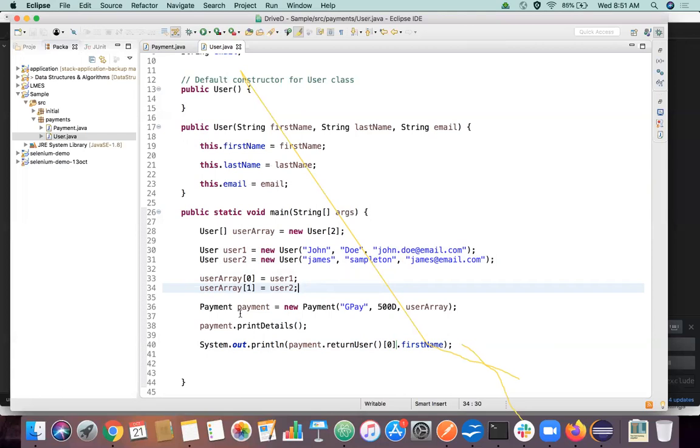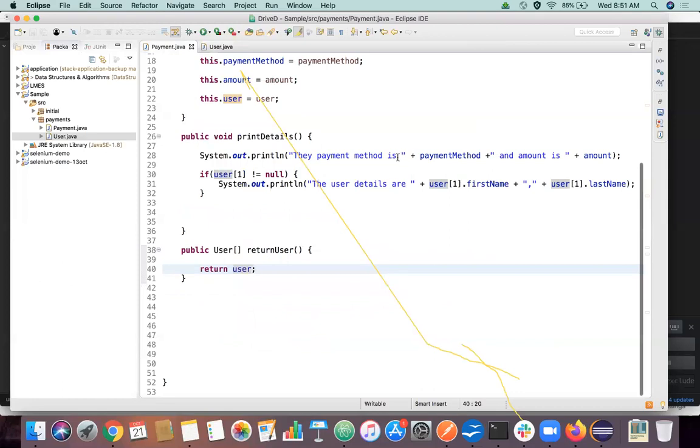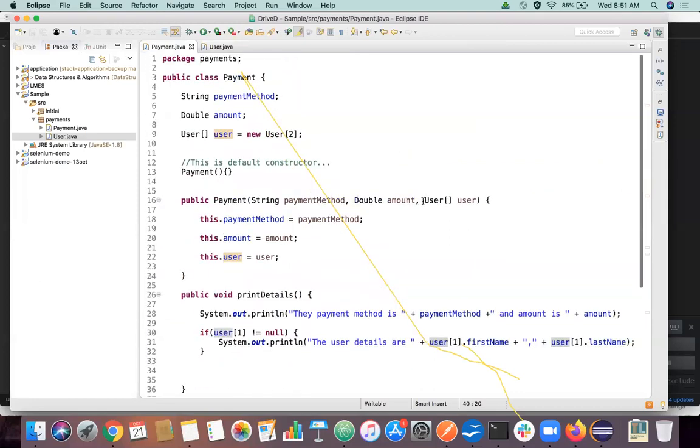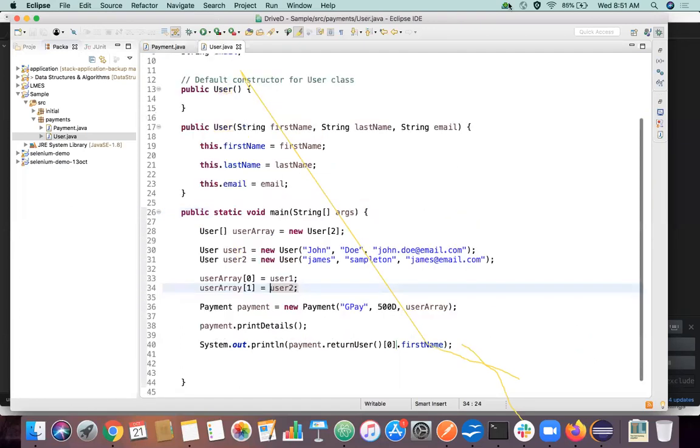When we are fetching the object value of user, we are saying the zeroth index should have user 1, the first index should have user 2. The same is passed to the payment class, right? In this constructor, if the constructor argument user is received as an array, the first user at index 0 will be whatever we set here, John Doe, and the second user will be James Sampleton.